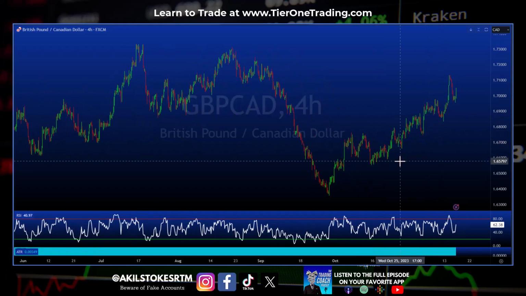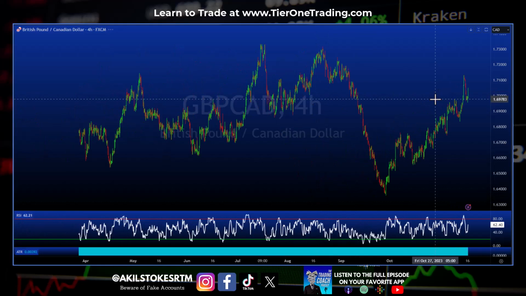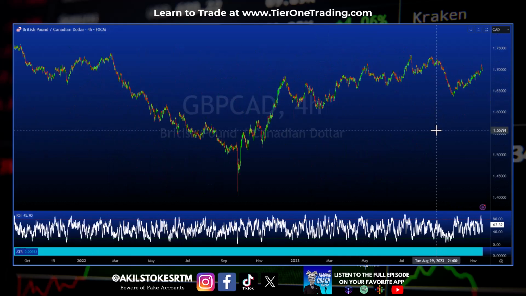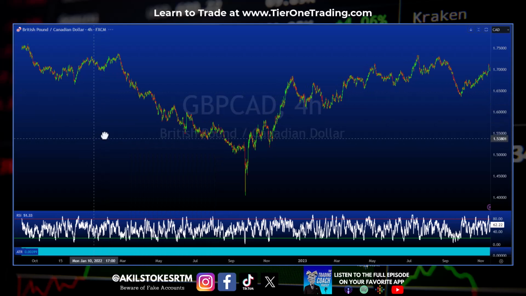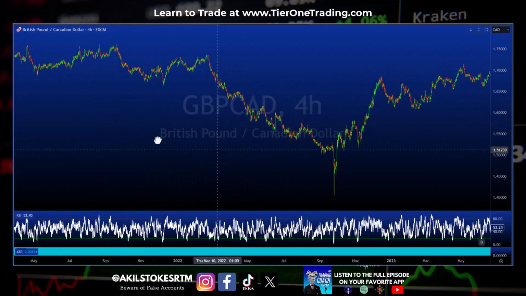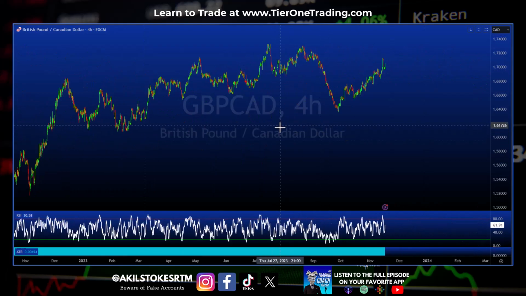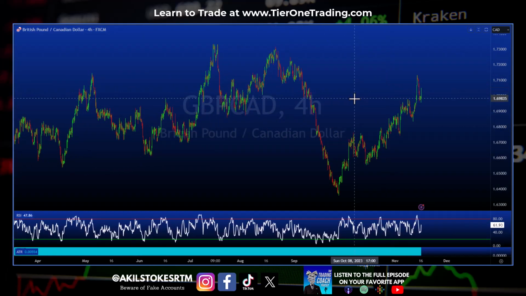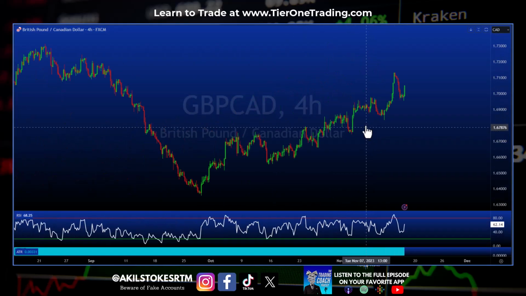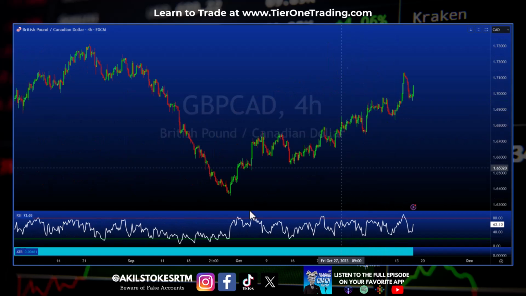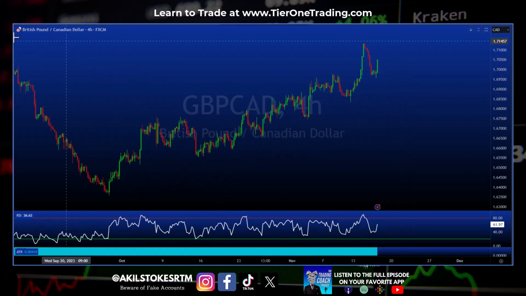We can obviously say that price action, the most recent move, has been bullish, right? The overall move, not that it means too much here, the overall move on Pound Canada has been bearish. So long-term bearish, short-term bullish. And we're seeing a most recent kind of pullback right here into a previous level of structure. So we're in this bullish move within a bearish trend, and the most recent move is a pullback into this